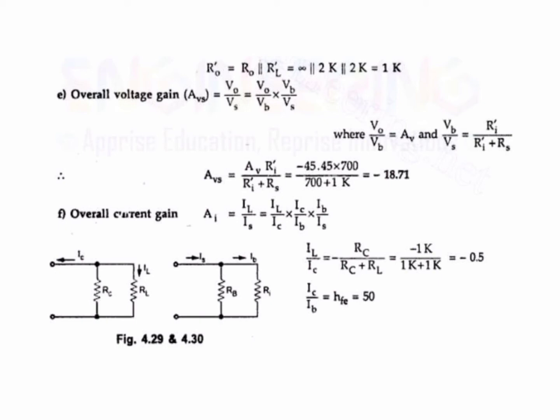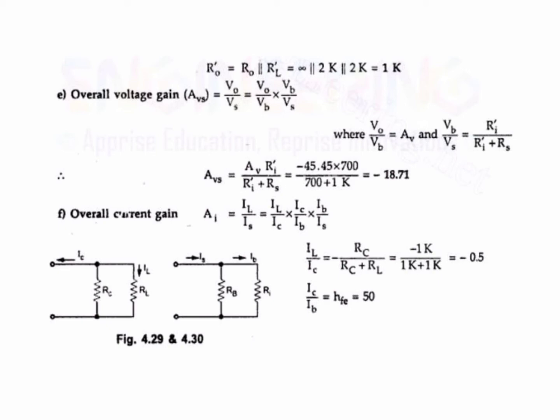Overall current gain is nothing but the output current by input current. Normal current gain is also the output current by input current. The overall current gain is the current gain including the source resistance also. So we are using AIS is equal to IL by IS. And here also, to make our calculation easier, we are multiplying and dividing